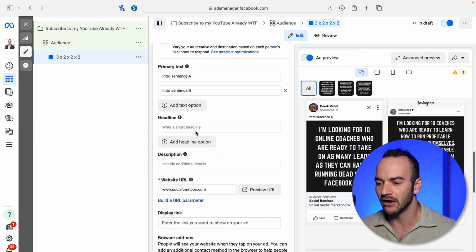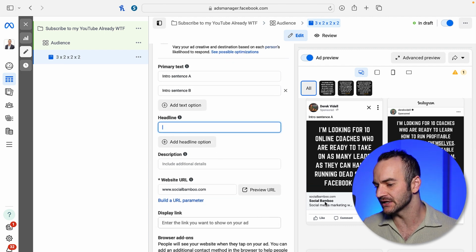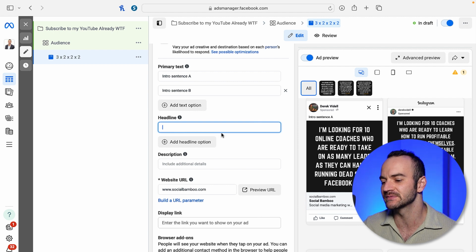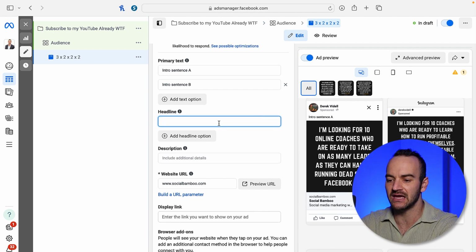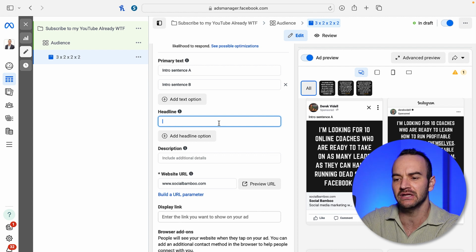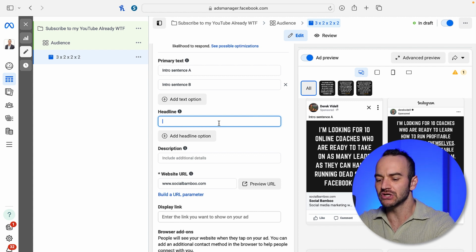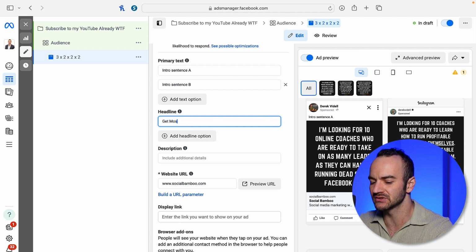All right. Now for the headline, that is going to go right here where it says this bold social bamboo. And this is only going to display on the Facebook mobile feed. But the headline is a couple word pitch that sells your offer and is also a call to action to click, all in one. So for instance, I'll just stick with the mosquito control example. It will say, get mosquitoes